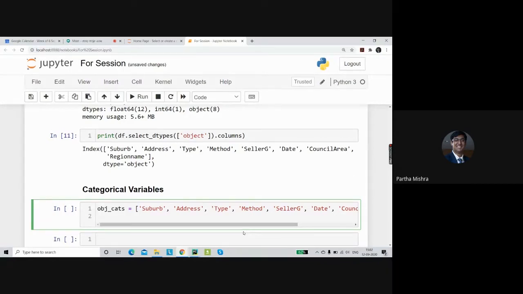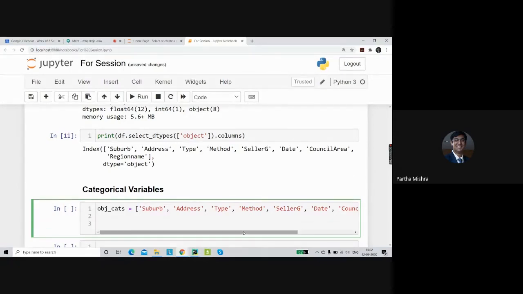We have to convert this entire thing into categories. So we can simply take a for loop and convert the entire thing into categories. We can do it using the following method. So col name is something that I'm putting for the time being. It is a variable that is used in the for loop. So for col name in, we have this particular variable that we created called object categories.